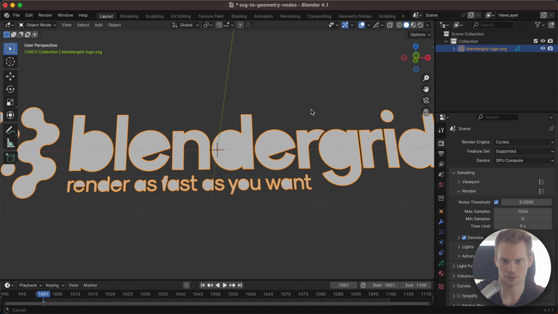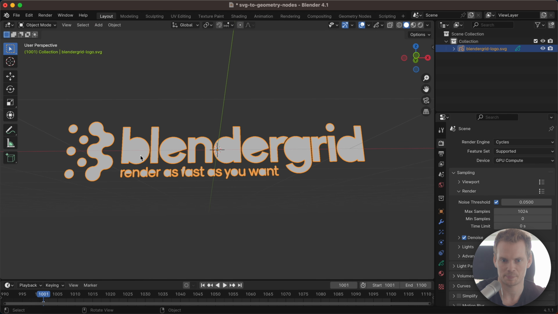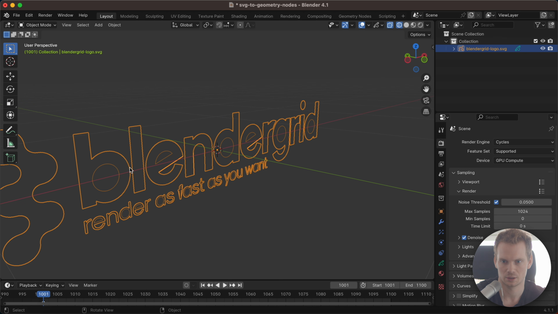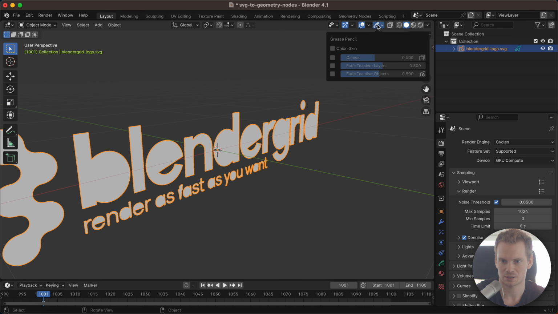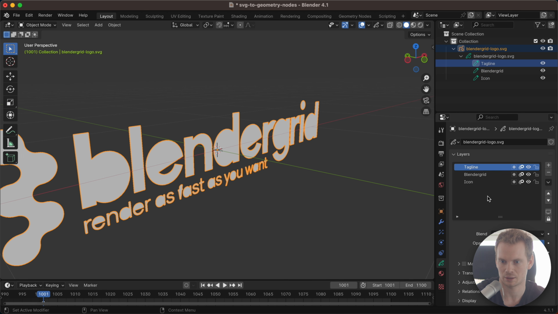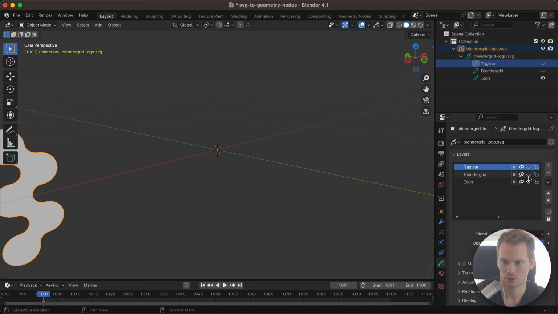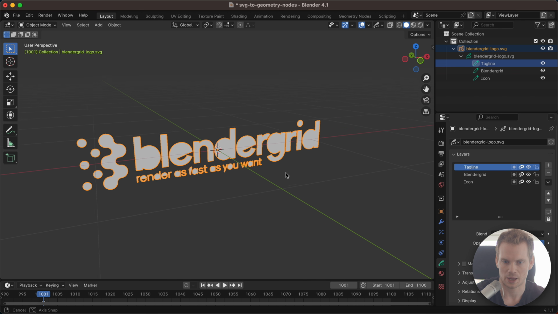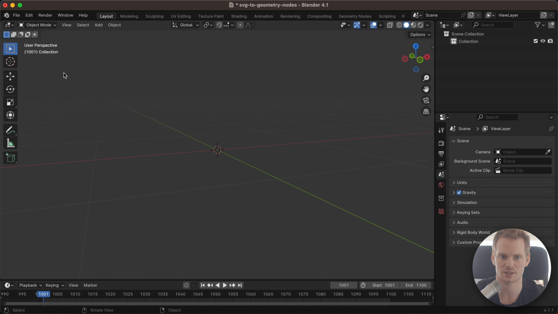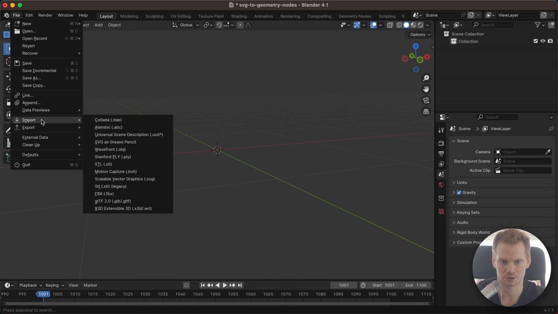Let's focus in on this. You can see the gaps are not working, but if we look, the information is still there. And as you can see, we have this grease pencil object, and it's kind of interesting. I never used the grease pencil, so I'm not too familiar with it, but it might be useful in some use cases. However, we don't have much control over this object using geometry nodes, so I'm not going to do that. I'm going to delete that and use the second way we can import an SVG file,